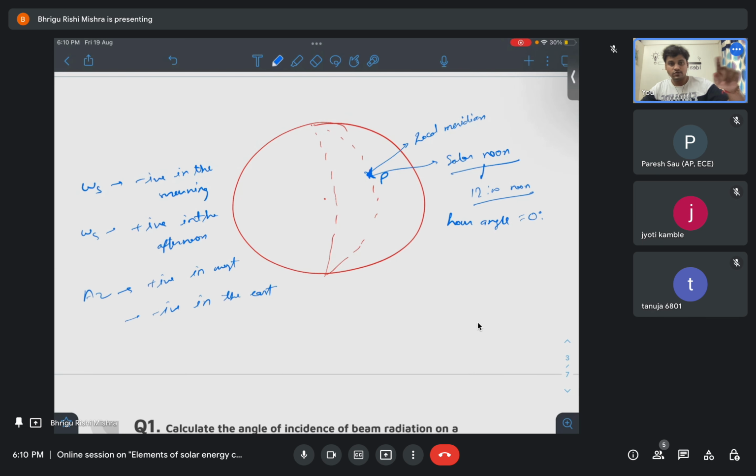So it is negative in the east. You cannot remember the big formulas, but you need to remember